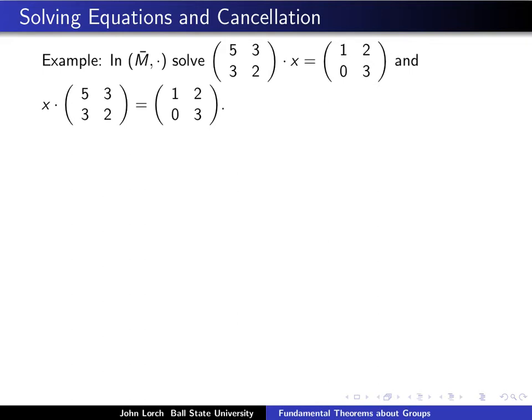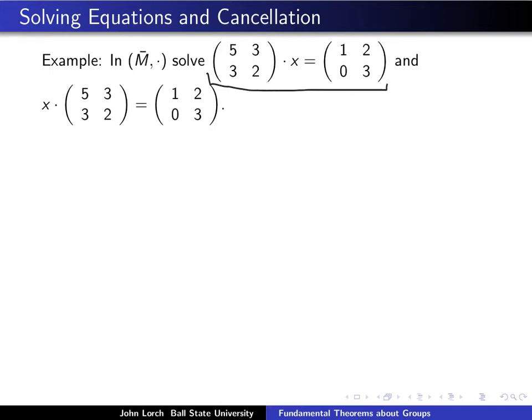And I guess the point of this example is that we need to be cognizant that order of multiplication can matter in a group, right? Not every group is abelian, where A star B equals B star A all the time. So that's certainly true for matrix multiplication. At first blush, these equations might look identical to you, but in fact, we're going to see that they have different solutions. So let's start with